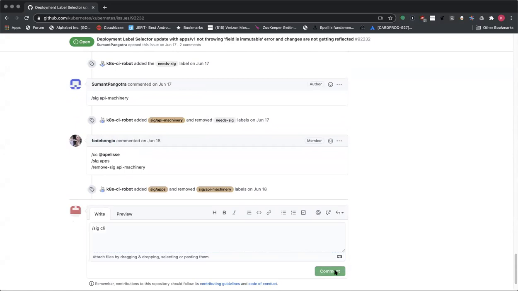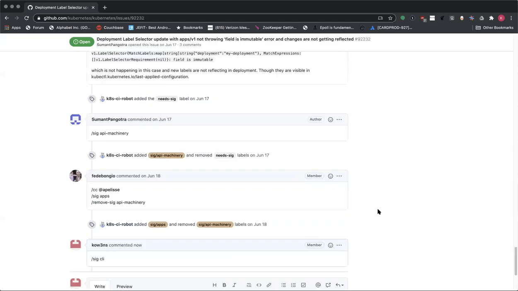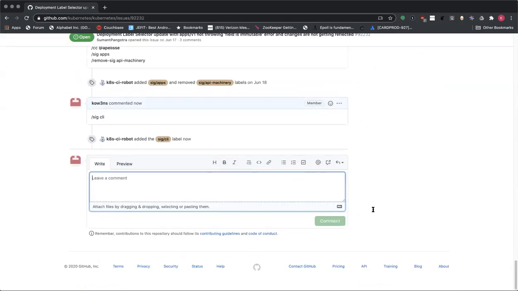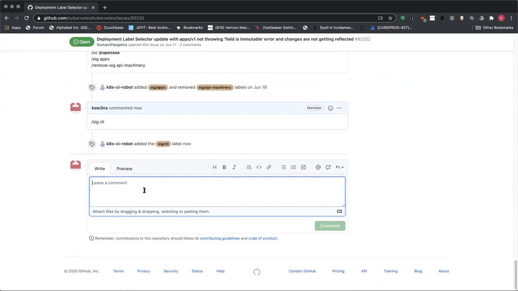If API machinery says no, there's nobody else on the path except kubectl. Yeah, this is kubectl should catch this. It's an error where the match labels change, right? And that's immutable, and they change them, and so an error should be thrown. And the API does this. Other tools will throw an error correctly. So kubectl just has an issue.